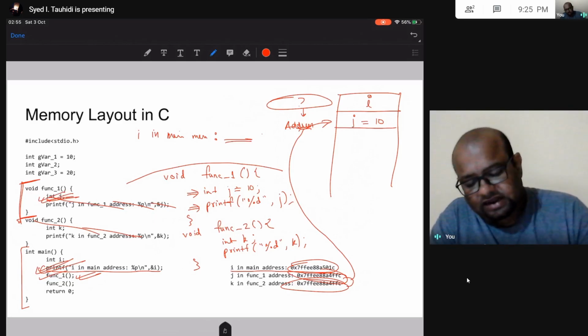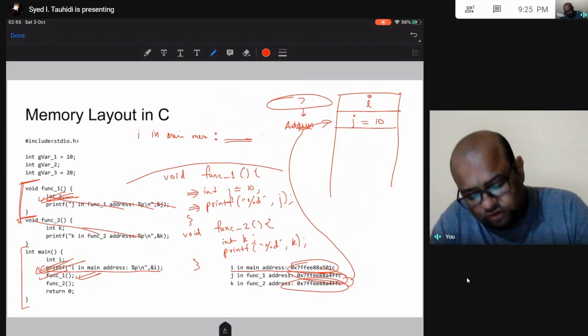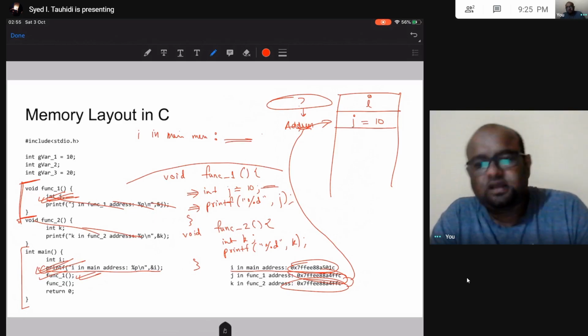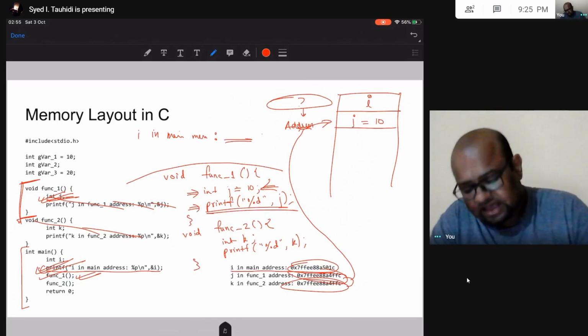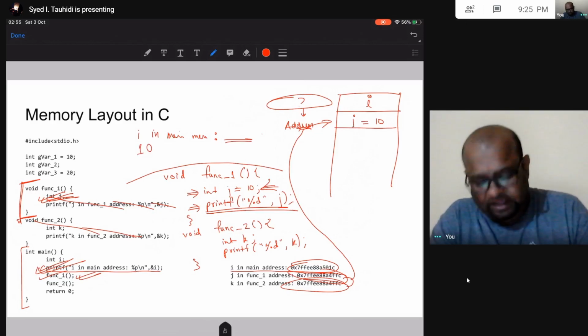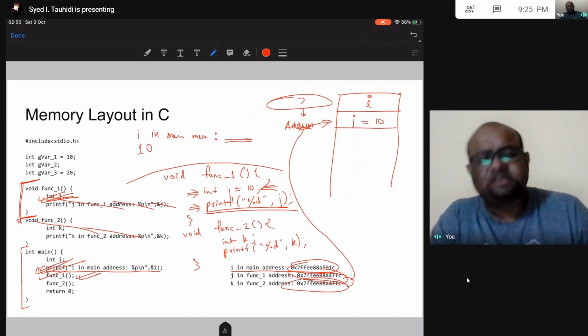Okay, and then I am initializing this equal to 10 in this line over here. So this is now 10, and then in the next line I am going to print 10. So 10 is printed.